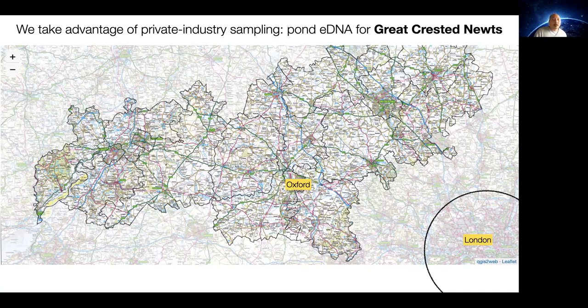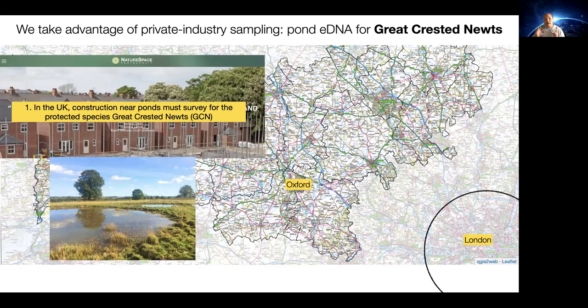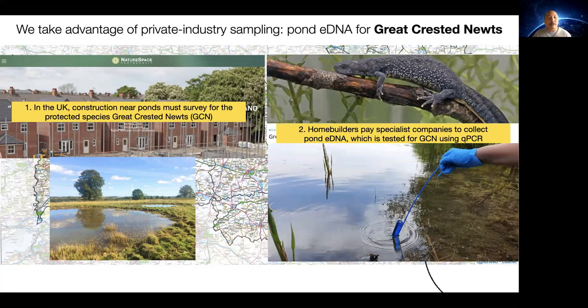So what we did was we took advantage of private industry. In the UK, in England particularly, if you build a house near a pond, you have to survey that pond for this protected species called the great crested newt. And the way it's done now is that the home builders pay a specialist company, they send a professional ecologist out, they sample some water, send it to a lab, and then that lab tests for presence or absence of great crested newts, by qPCR. And on top of that,